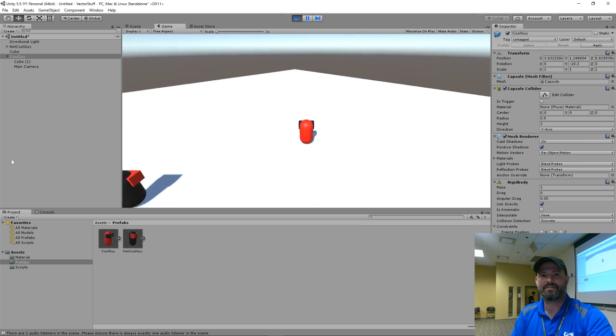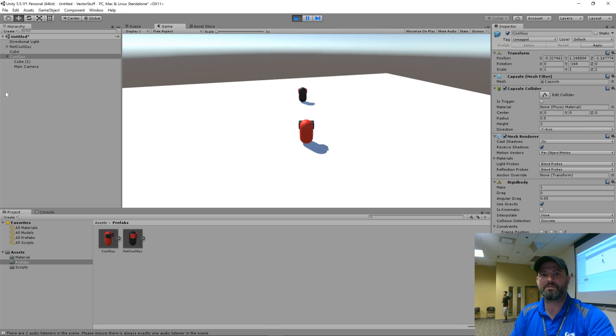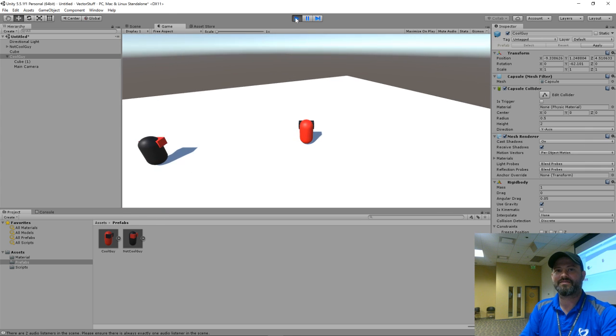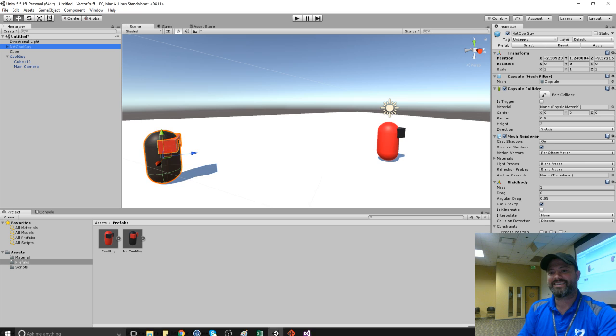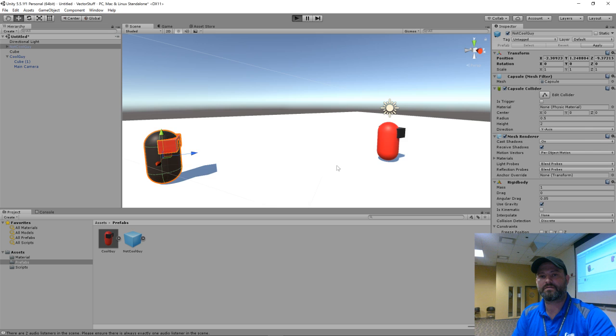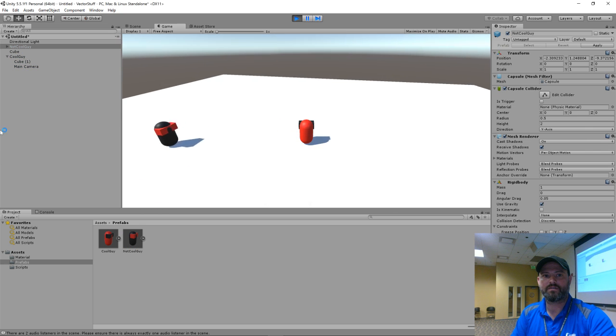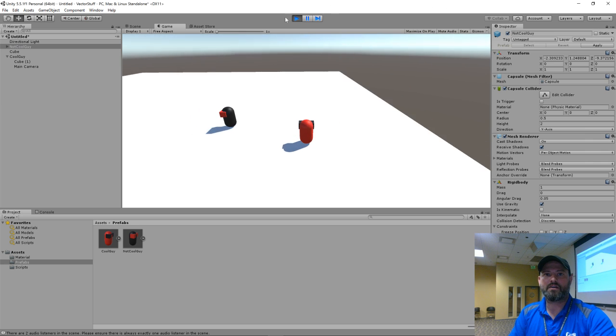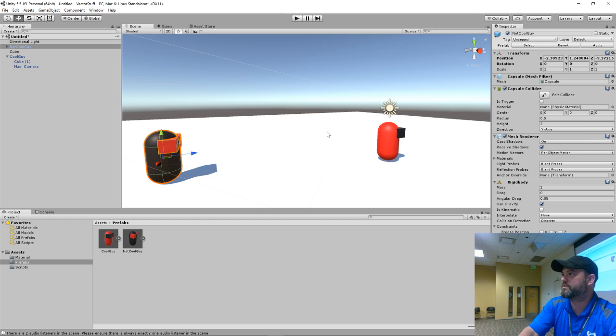Problem is this guy's going to move with me, right? I don't want him to move. So I'm going to take this off of him. Take the script off of him. Apply it to that. So he doesn't move now. I can move around him. All right. So if we wanted to know certain things about this, say we were making a stealth game, right?